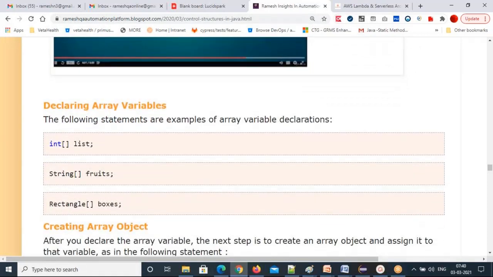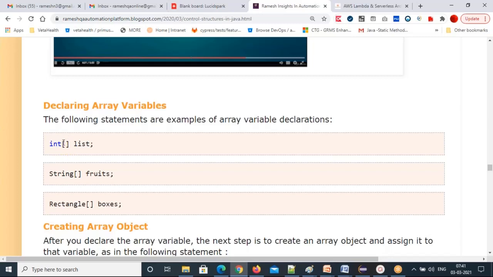So how can you declare an array variable? Any data type array you can declare. Declaring a variable means what? Data type, then the variable name. Remember that syntax for declaring any variable. Here I'm talking about an array variable. So first int, square brackets, then the list.